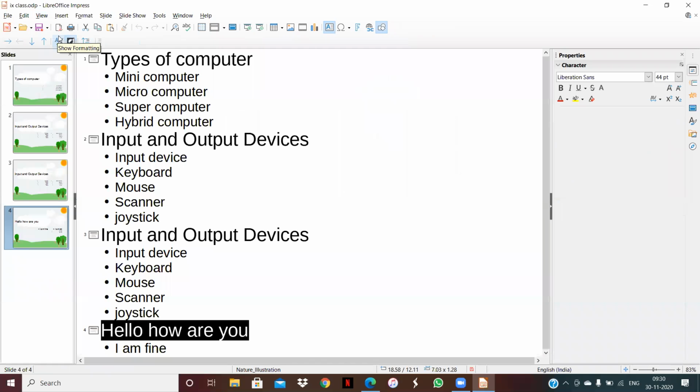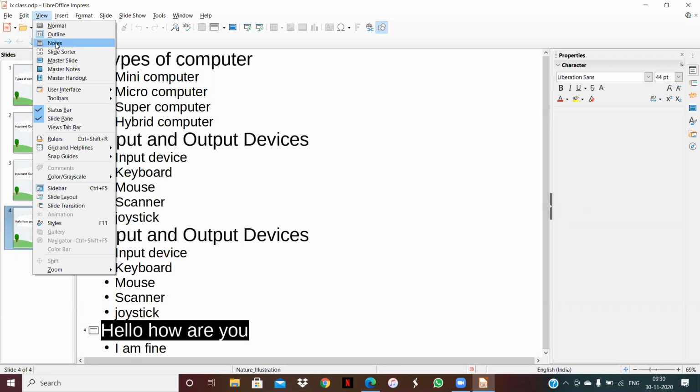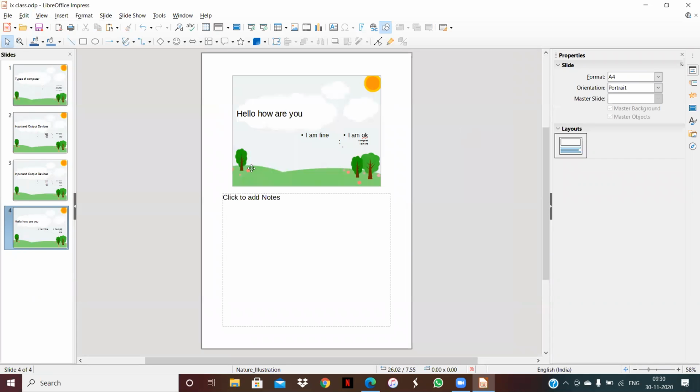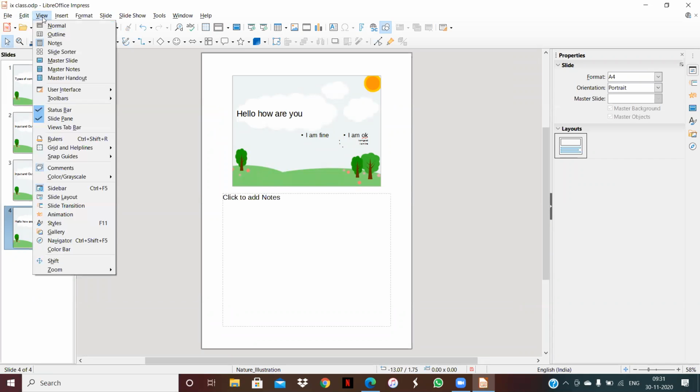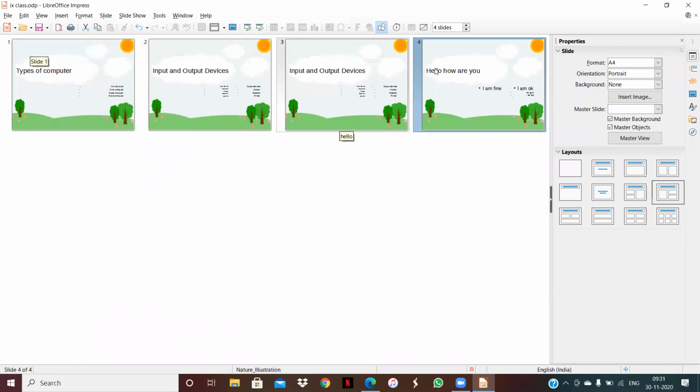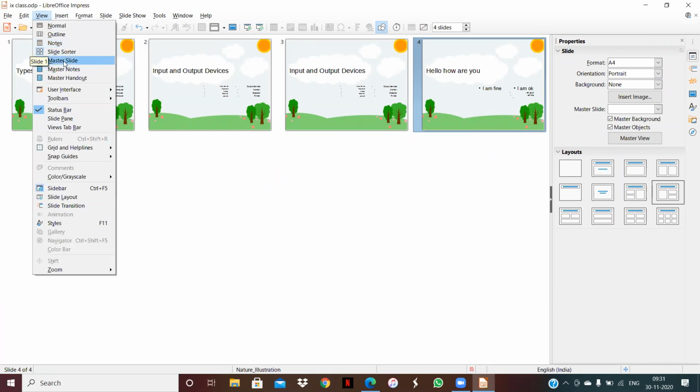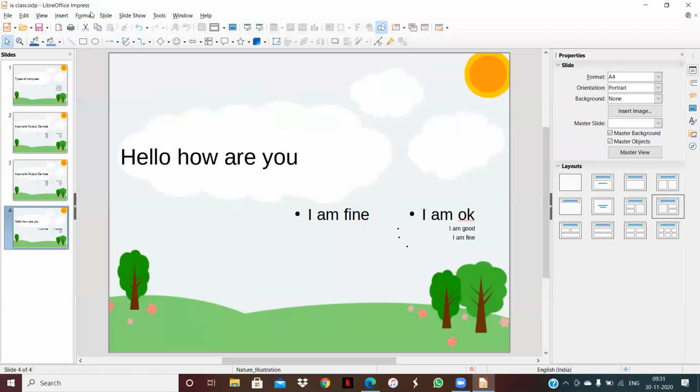When you click on outline view, it shows your content like this. If you click on notes view, it shows your content in the form of notes. And if you click on slide sorter view, it creates a small miniature of your slides like this. These are the four views: normal view, outline view, notes view, and slide sorter view. These are the different views. Now let's again set all slides in normal view.